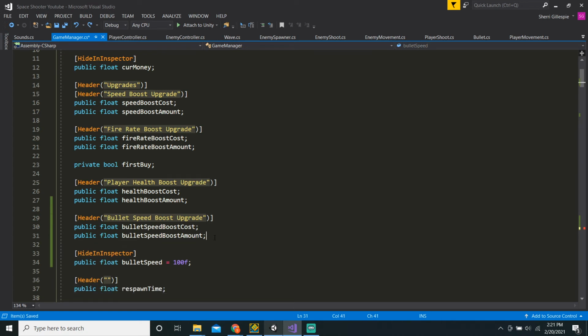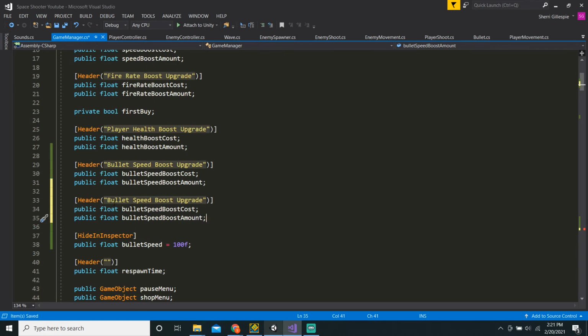But I think we can actually just highlight that, copy it, and paste it. And I want to say piercing bullets upgrade. And public float bullet speed boost cost. I want this to be, wow, piercing